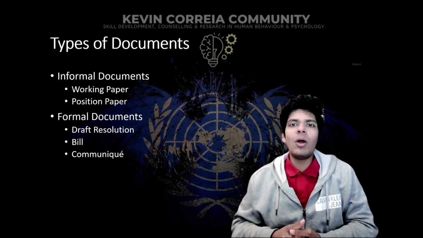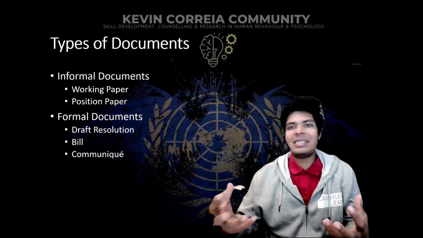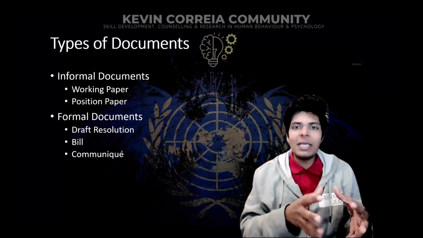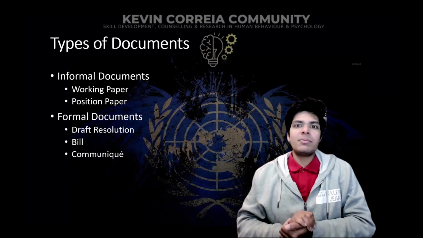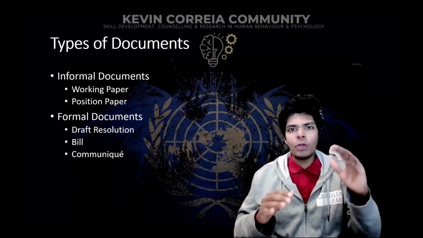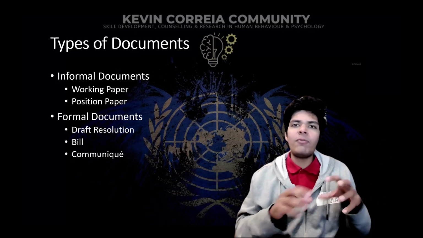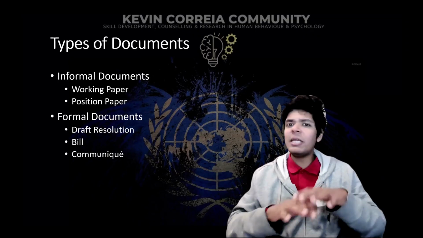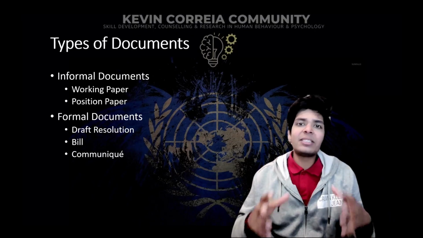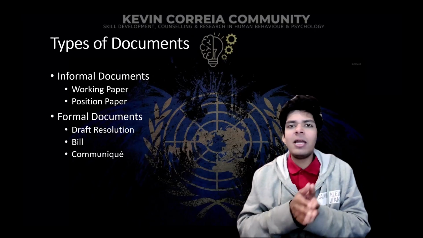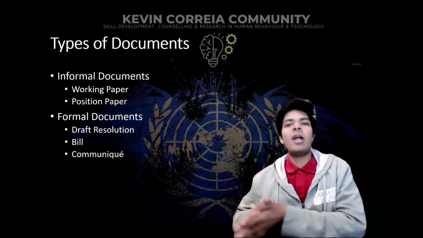In a Model UN, you have two types of documentation that happens. One is your formal documentation and the other is the informal documentation. So a working paper and a position paper are informal documents. Why? Because a working paper is basically documentation of all the conversations that happened throughout the day from a perspective of a certain set of delegates. And a working paper does not have any specific format to write it in. Its major purpose is so that you can use it as a reference in the end while writing your draft resolution.